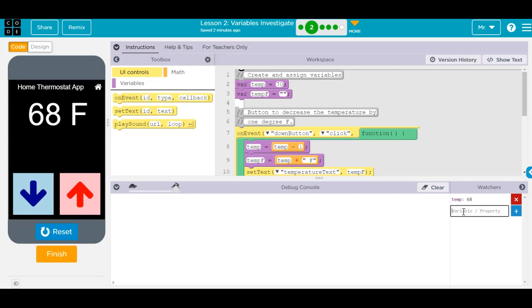Let's add the tempF. Let's try to add that. Whoops, not available. I intentionally typed that wrong. We want temp with a capital F. So if I want to get rid of a watcher variable, I can delete it. tempF, add it. Okay, now I see I have the 68 with the F here, with the Fahrenheit